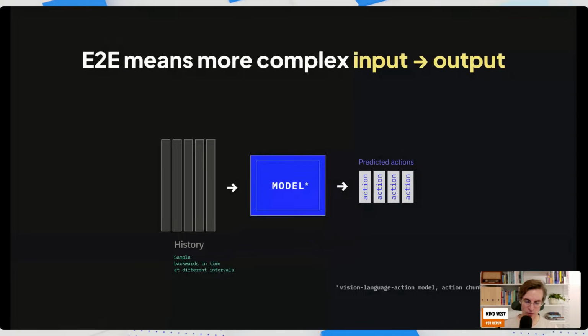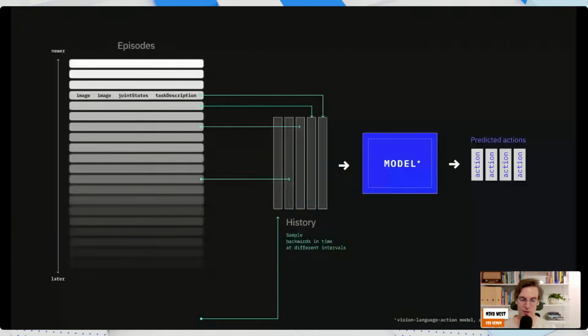Let's dig into that a little bit more. We might have some kind of action chunking model here. We can think of that. So you're giving it this window of history, and so you need to store episodes somewhere, like things that happened, like a recording. And at any given time, you may be feeding the model a set of history that the model is using to predict what it should do given these things that have happened. What should it do in the future?